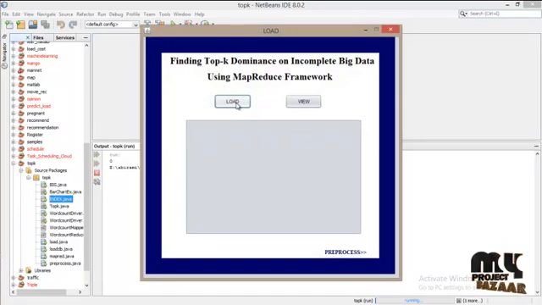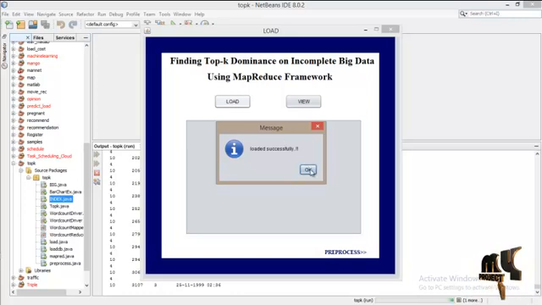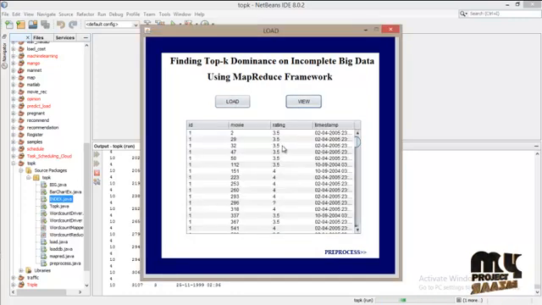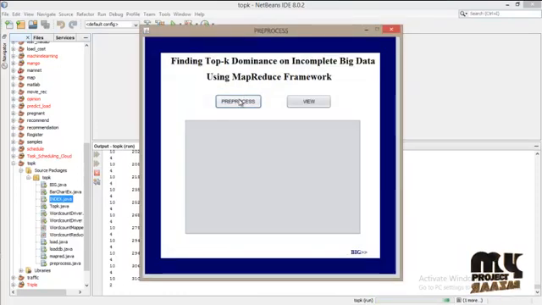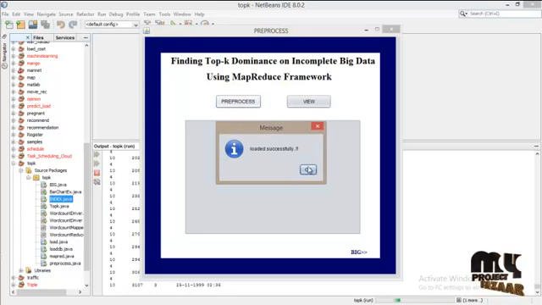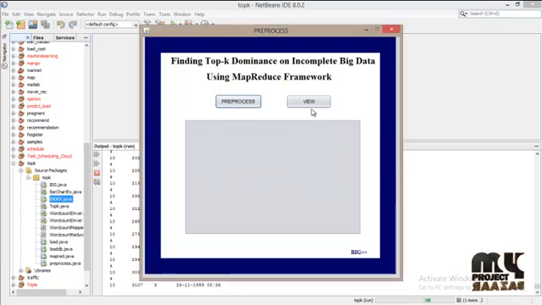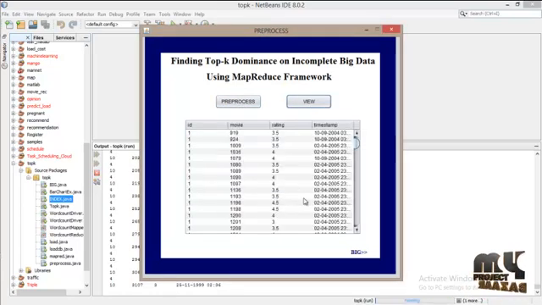Next step is loading our dataset into the database. View the dataset. Here we have user ID, movie ID, rating and timestamp. Next step is pre-process. In this step, we'll remove all the null elements present in the dataset. After the pre-processing step,